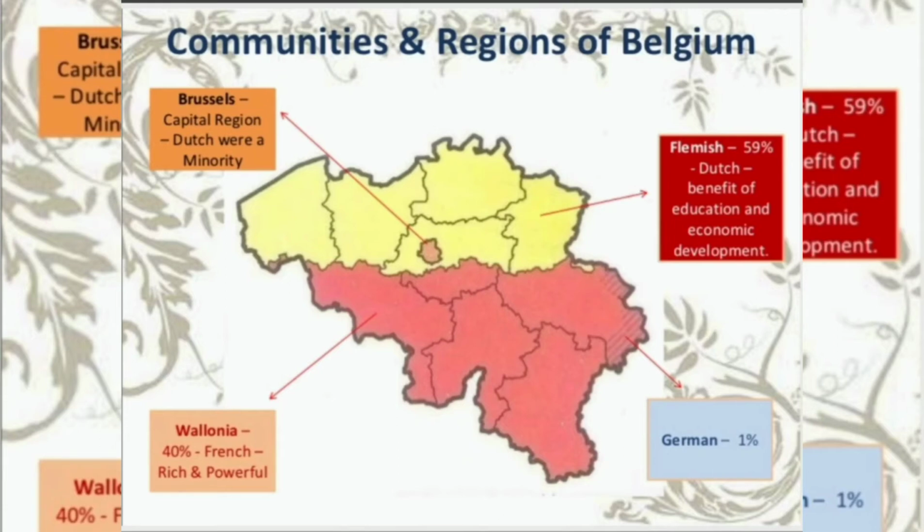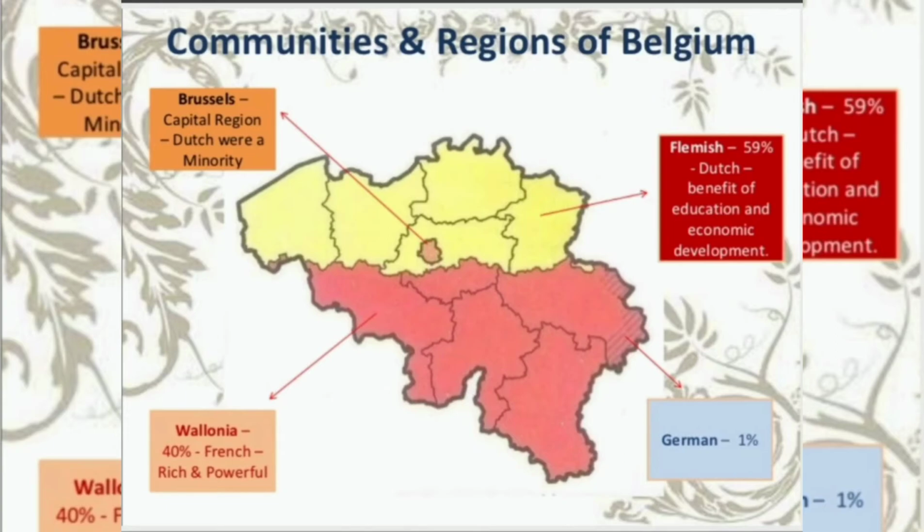As we have noted earlier, in the capital city Brussels, 80% of people speak French while 20% are Dutch speaking. The tension between the two communities was more acute in Brussels. Brussels presented a special problem. The Dutch speaking people constituted a majority in the country but a minority in the capital.